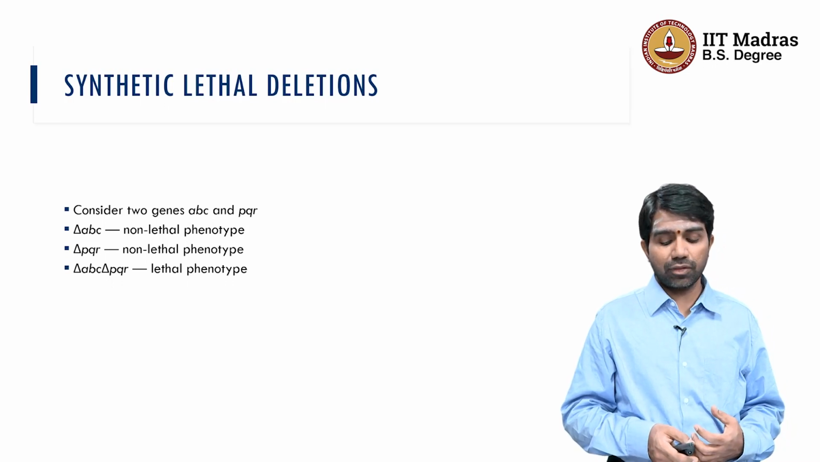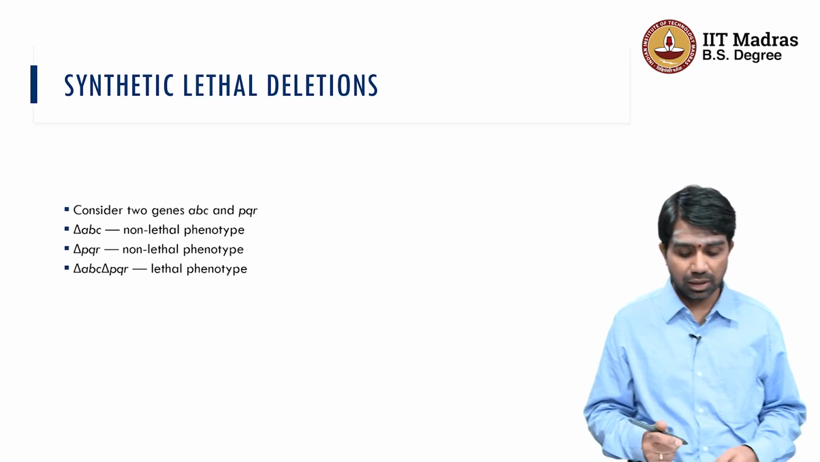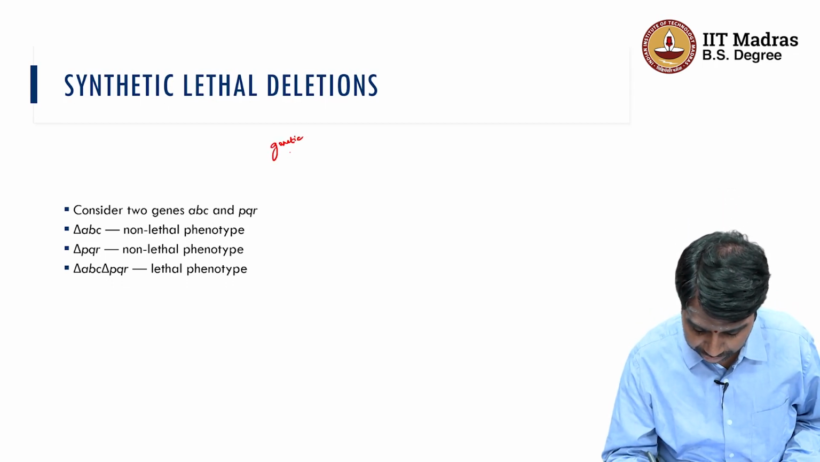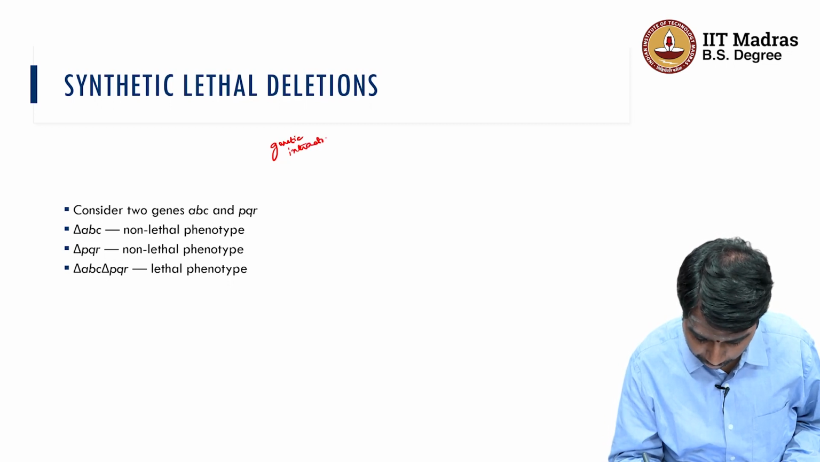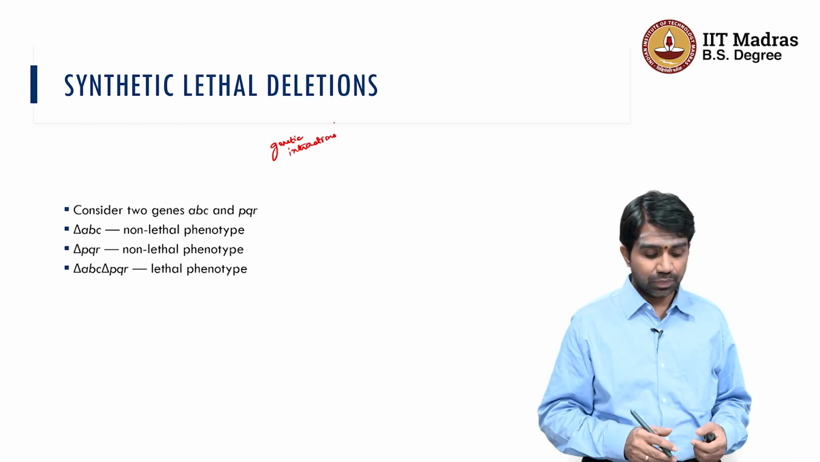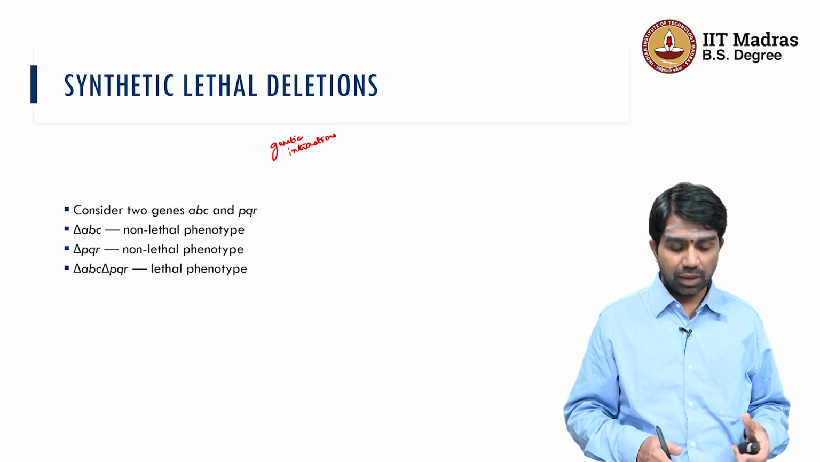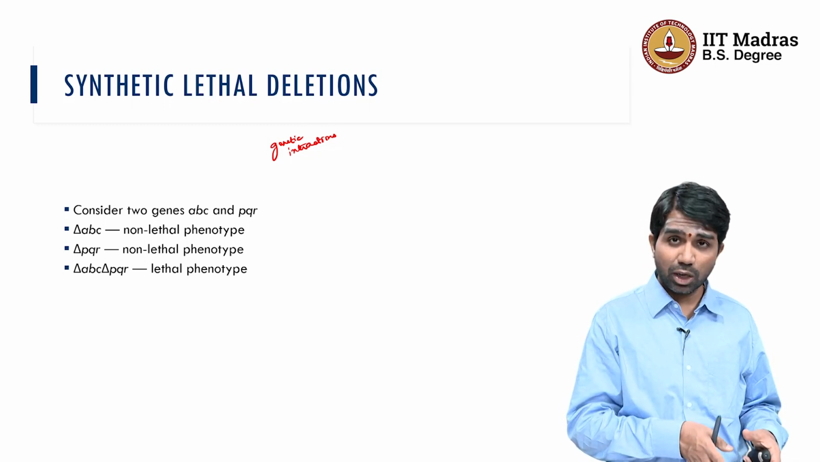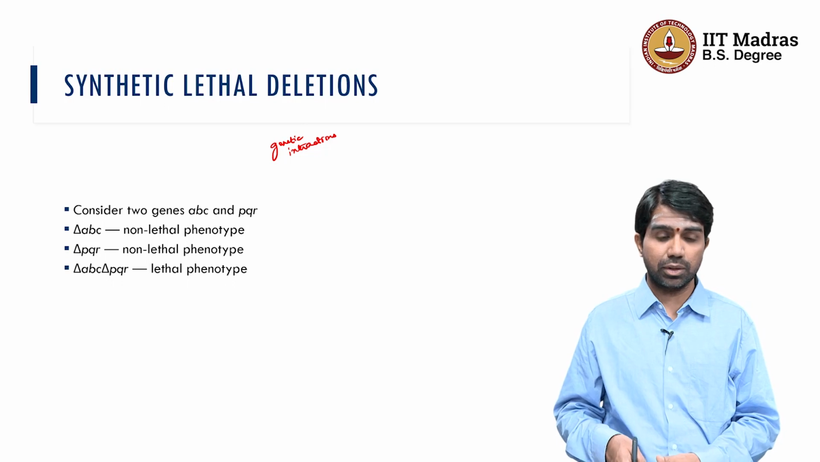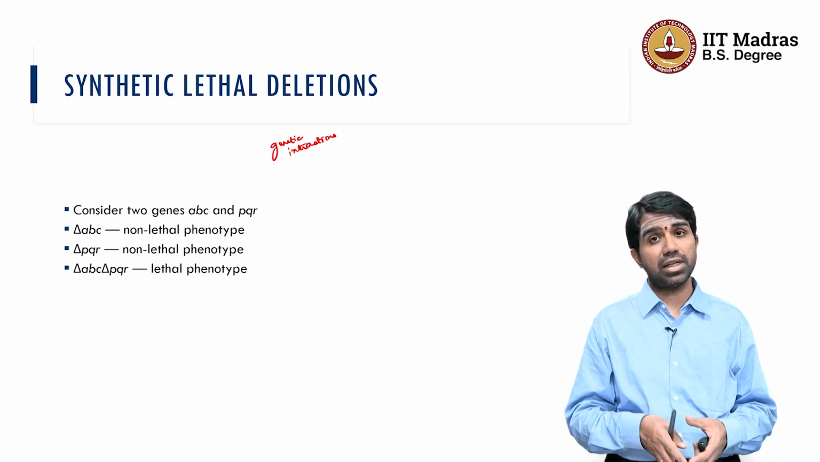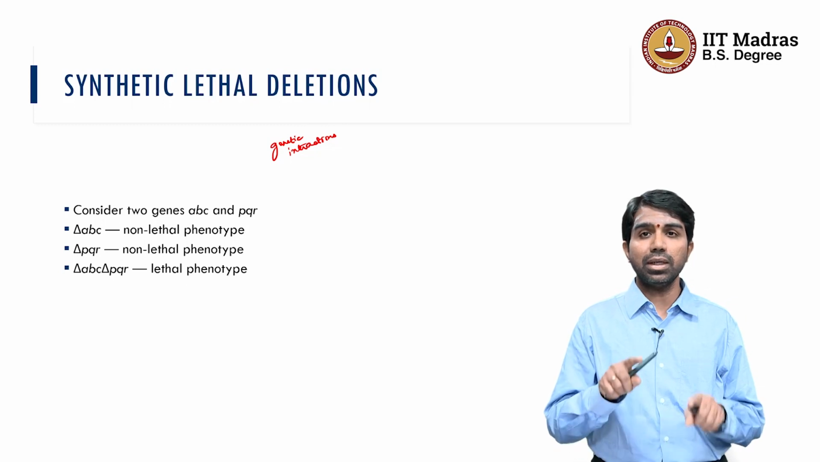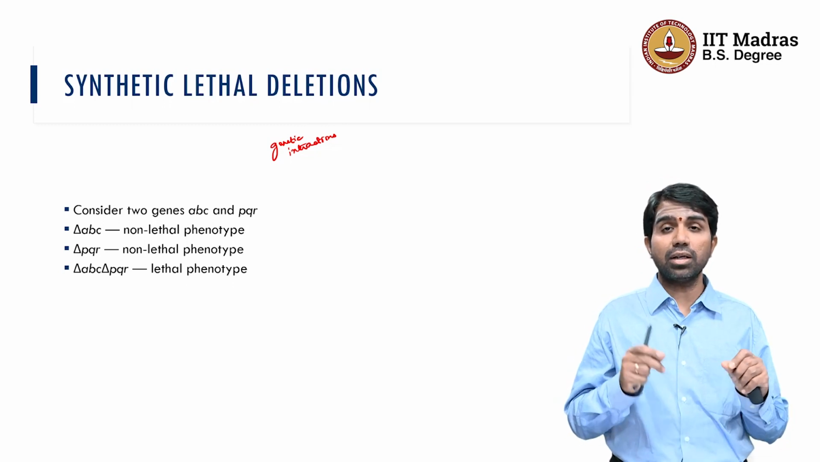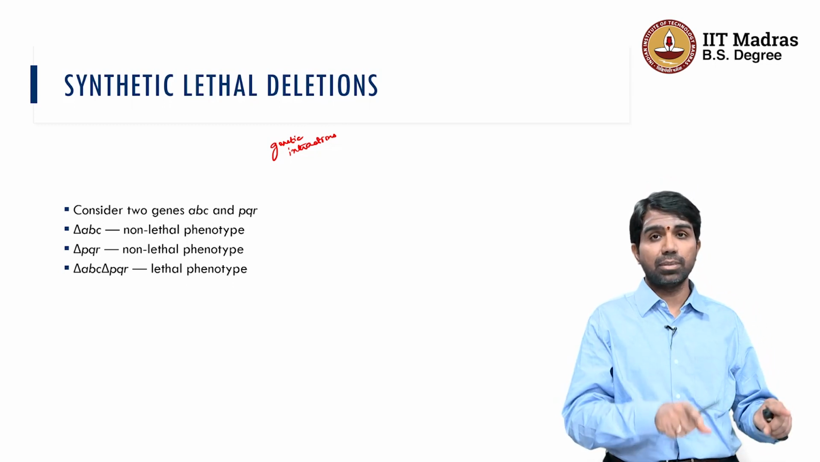And another very interesting set of interactions arise from synthetic lethal deletions. So these are typically called genetic interactions, and this interaction is interesting. So, consider two genes ABC and PQR. When you delete ABC alone, nothing happens to the cell, you get a non-lethal phenotype. When you delete PQR alone, nothing happens to the cell, you get a non-lethal phenotype. But when you simultaneously delete both ABC and PQR, you get a lethal phenotype, meaning they were probably compensating for each other or whatever. So, ultimately you cannot rid the cell of both of these two genes simultaneously,